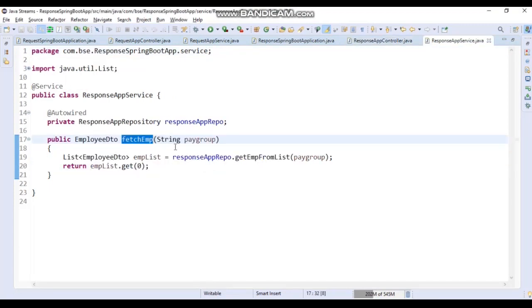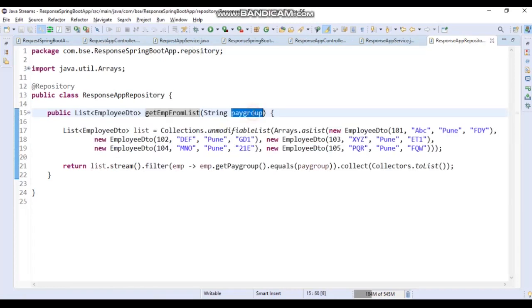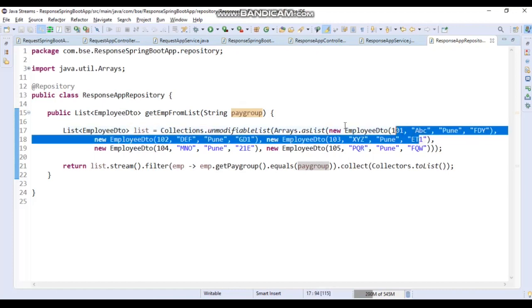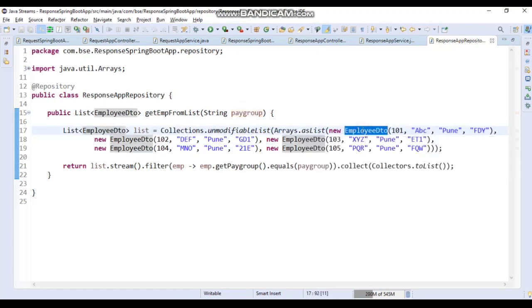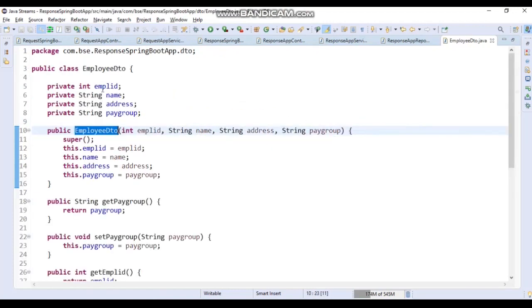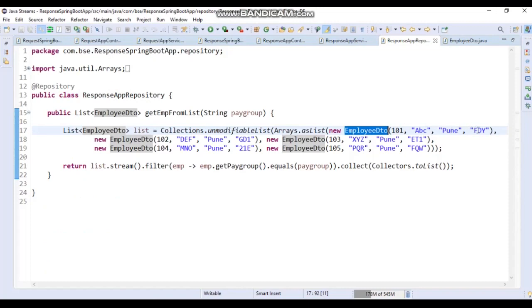Then from there we go to get from list, and it will give us a list of employees respective to the pay group. This is the POJO, and in this POJO there are employee ID, name, email address, and then pay group. So the last element is the pay group.